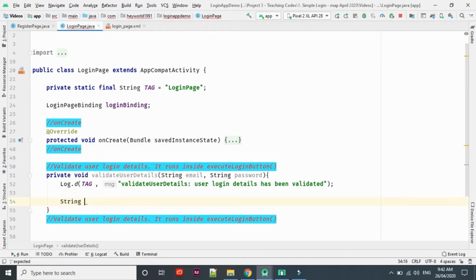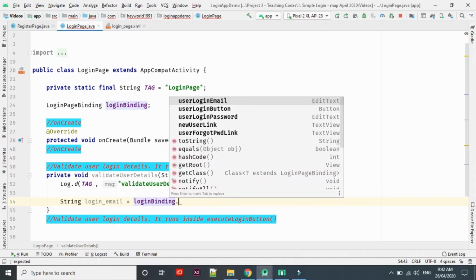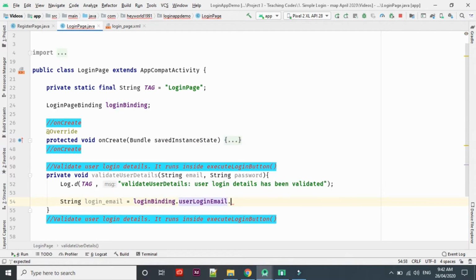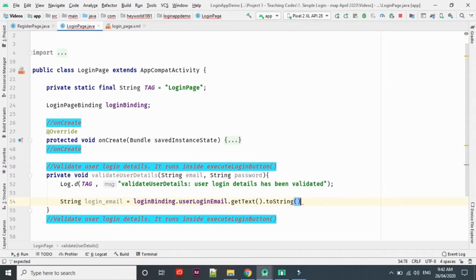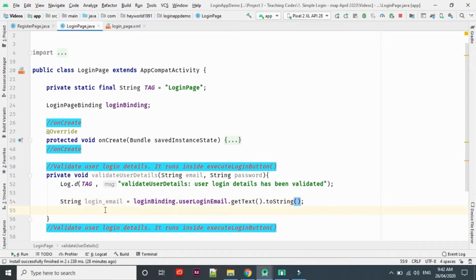Email login email equals to our login page binding view dot, what are we getting? We're getting the user email dot get text, and convert it to a string. Coming down, we do not trim it here because already we used the trim in our register button or validating method that already does all the job for us. And now here we just need to retrieve this login email, and execute it and compare it to the one it's already on our